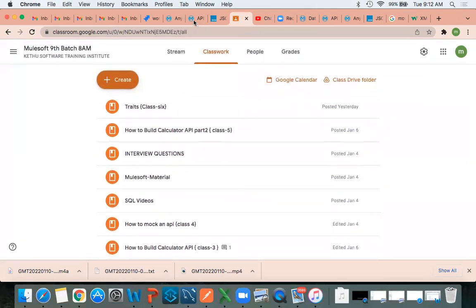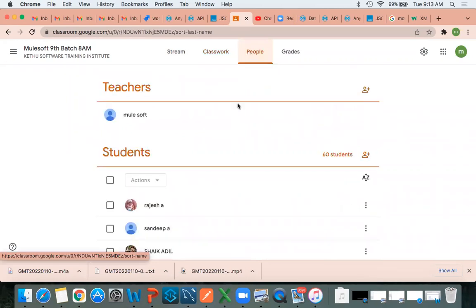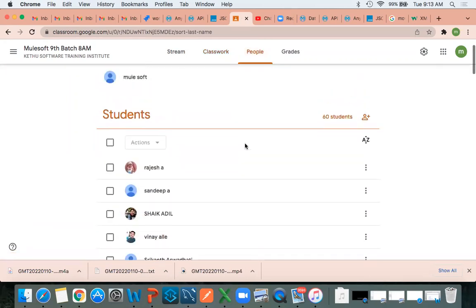Excuse me, sir. Yes, go on. I'm unable to access this link, sir. Please, could you send me an invitation? I already sent you, right? Can you text me your mail ID? Okay. Yes, sir. Previously, when you started, we were automatically getting a mail regarding this, and we were opening that. Now we are unable to open this. I'm not getting the mail. See, almost 60 people are there.